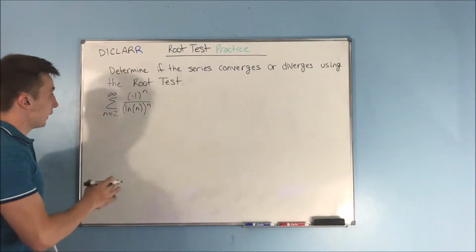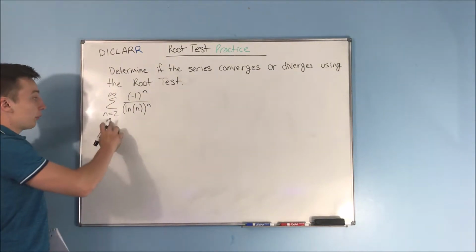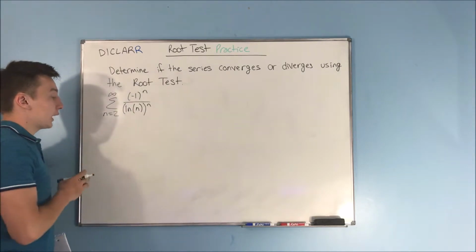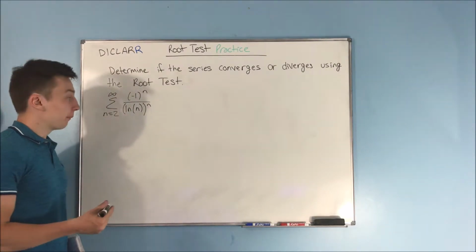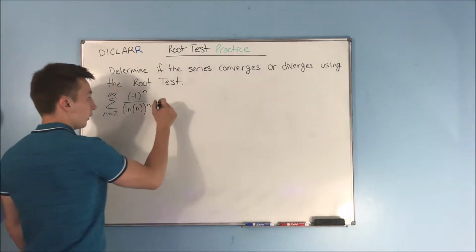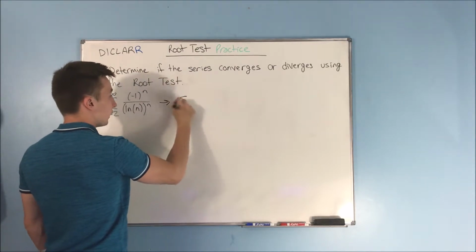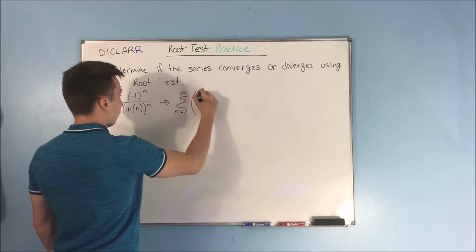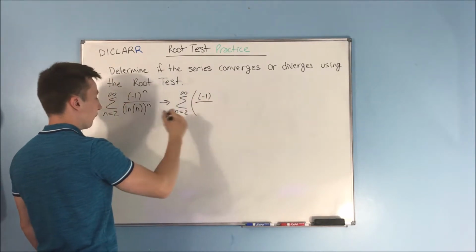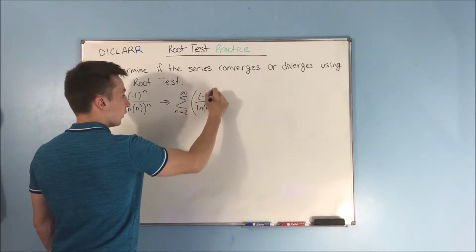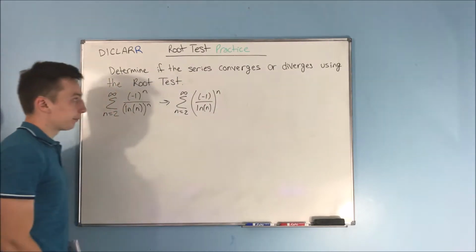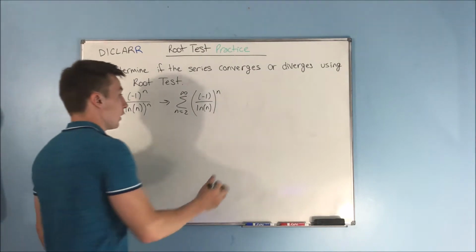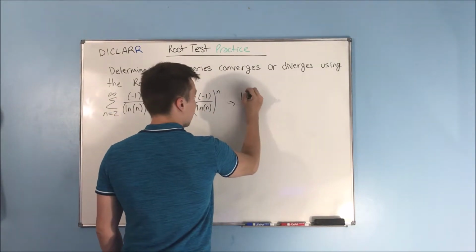For our next series here, we have the sum from n equals 2 to infinity of (-1)^n over (natural log of n)^n. Now, this can be rewritten as the sum from n equals 2 to infinity of (-1 over natural log of n) all to the n power. So it becomes obvious we're using the root test here. Now, we take the limit as n approaches infinity